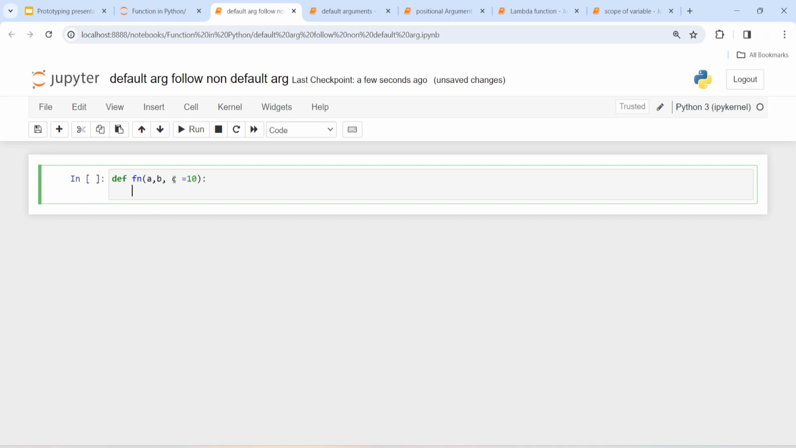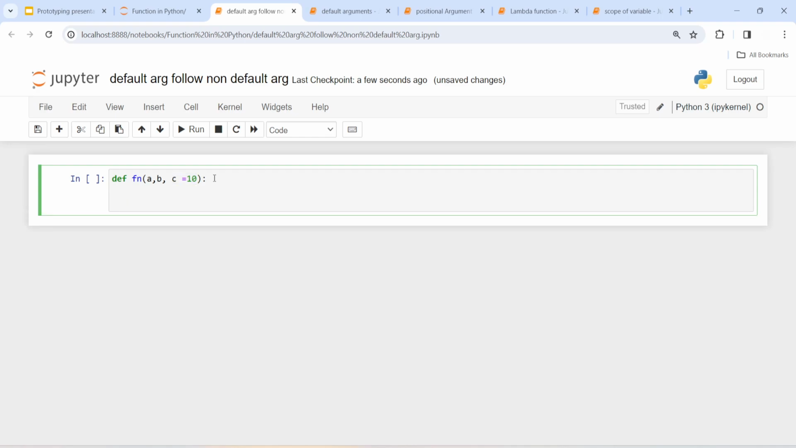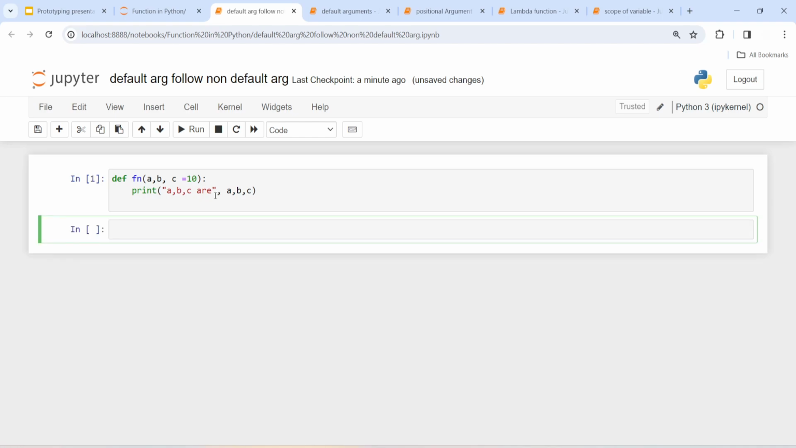Passing a value for c is optional for the user. So let's print a, b, c, and here a comma as well. Now call this function fn. I pass 2, 4,